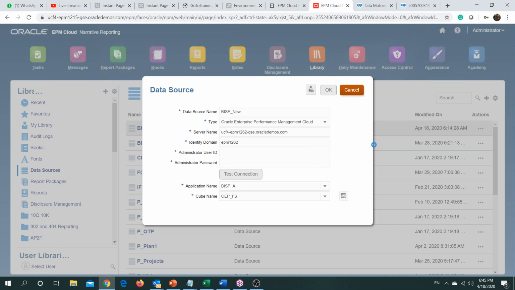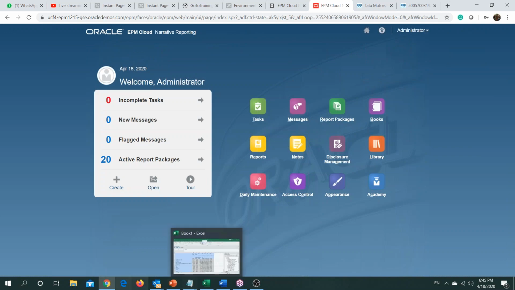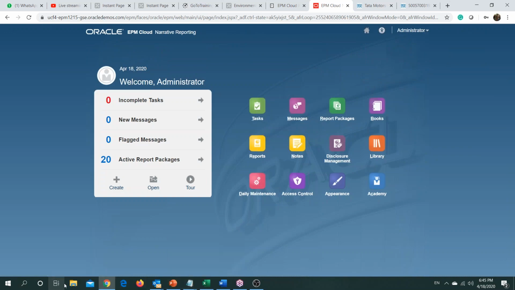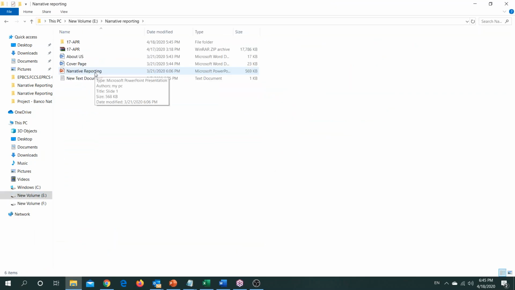Now, once you have your library data source connected, the basics that you need are as follows. Let me find some files accordingly. What are the requirements?